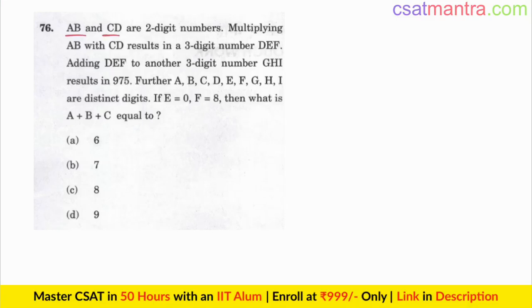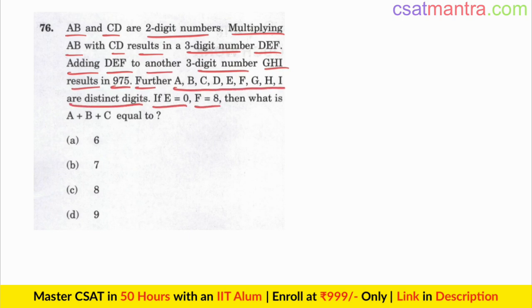AB and CD are 2-digit numbers. Multiplying AB with CD results in a 3-digit number DEF. Adding DEF to another 3-digit number GHI results in 975. Further, AB, CD, EF, GHI are distinct digits. If E is equal to 0, F is equal to 8, then what is A plus B plus C equal